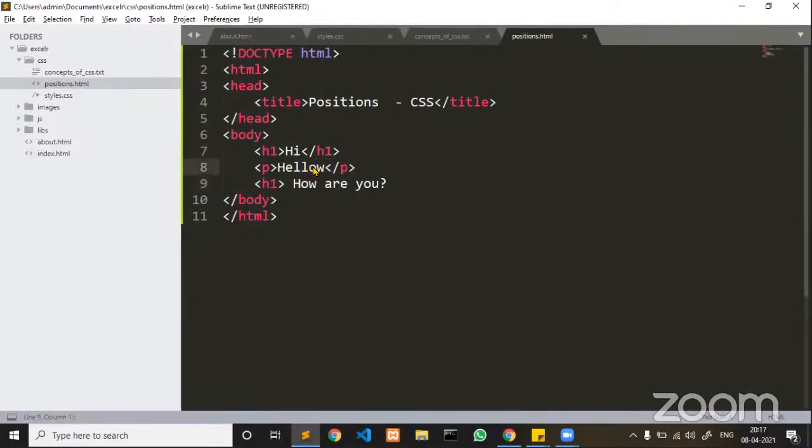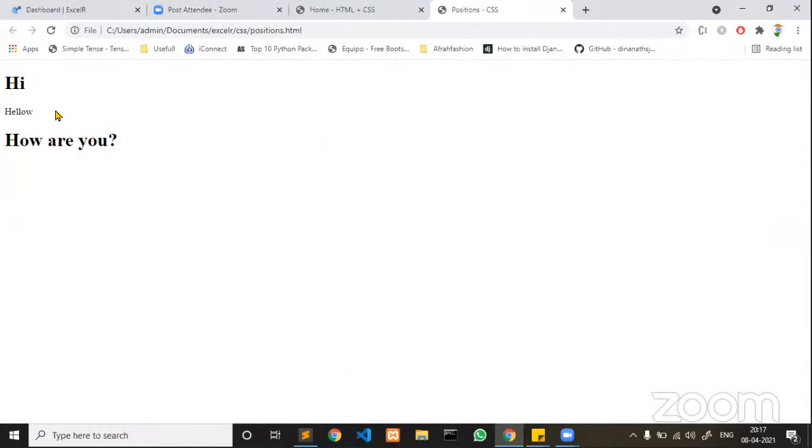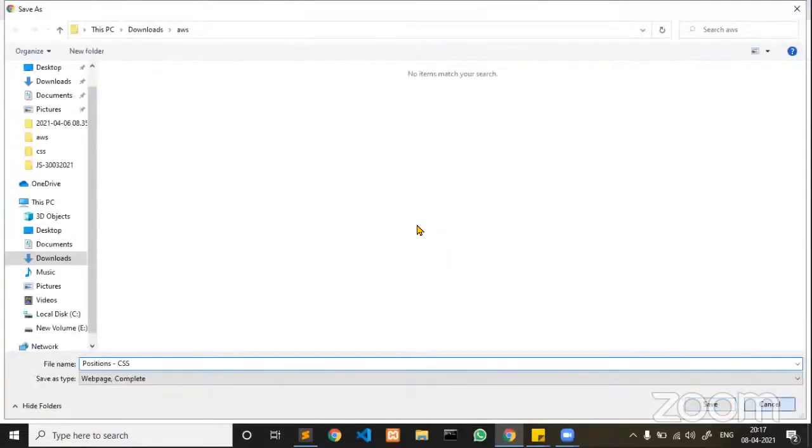But using positions, how am I going to move an element from one place to another across my web page? Whatever the visible space here is, that is my web page. Now, if I want to move this web element from this particular portion, I would like to keep hi at the center of my web page. So if I want to do that,